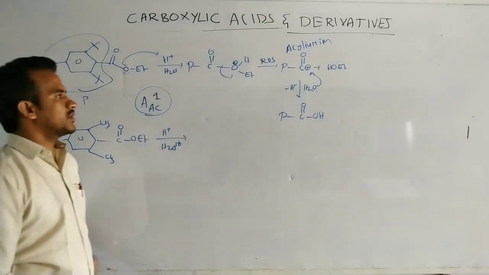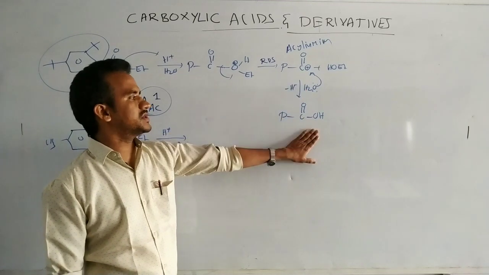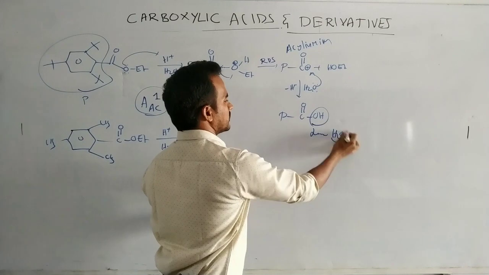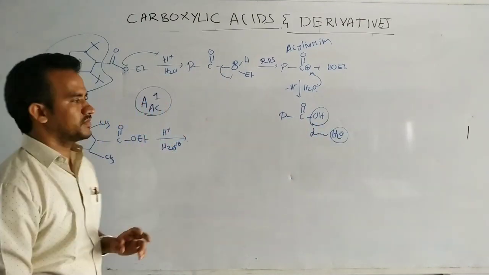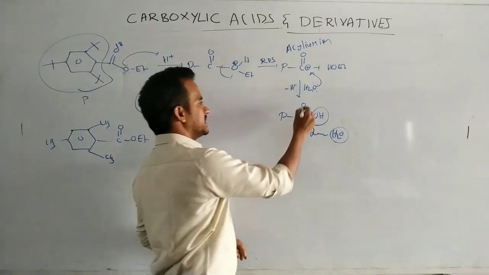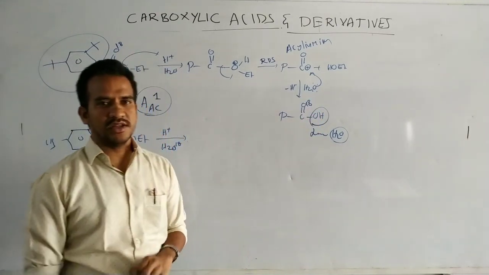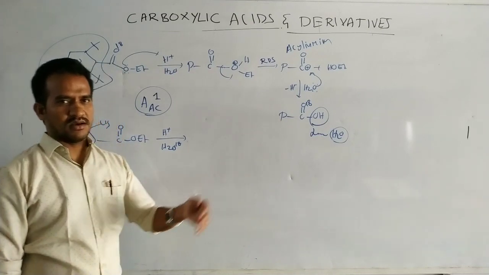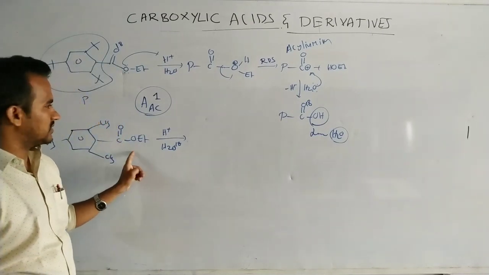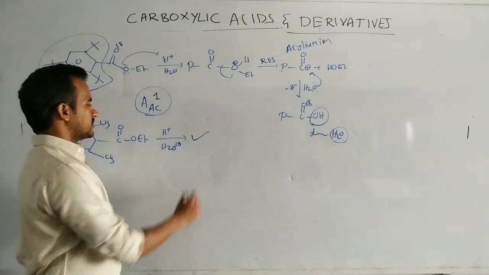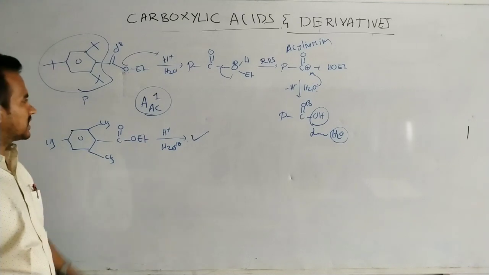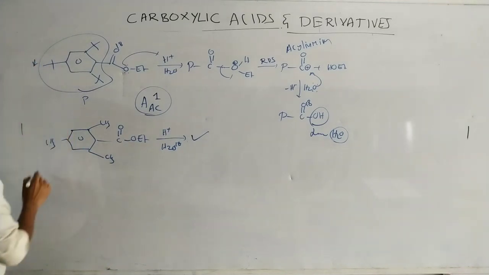In this case, generally the water molecule directly attacks, and deprotonation takes place. So this OH is from the H2O. If you take the 18, that 18 is present only in the C double bond O group. There is no change, whatever the example, just to discuss. In this case again that 18 is present in OH. You can write the product. So this is one example.